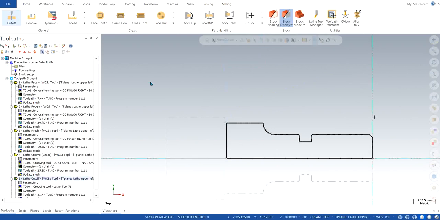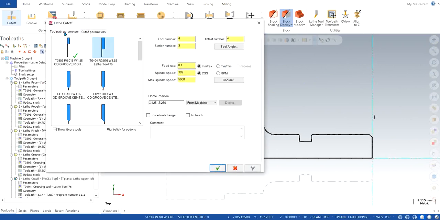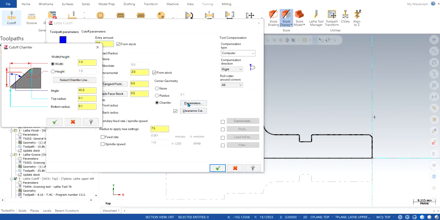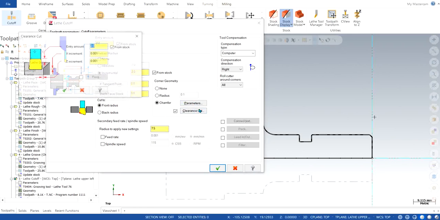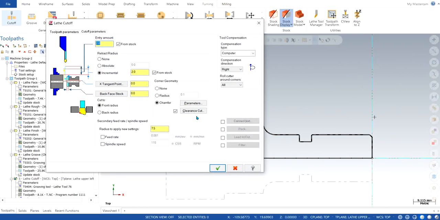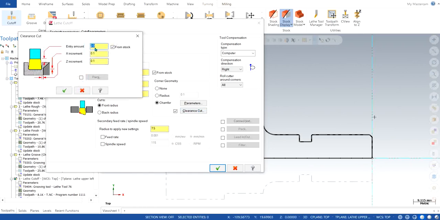I don't know, there are some issues with my Mastercam for some reason, because sometimes it shows whereas sometimes it doesn't. Clearance cut, 0.1, 0.1. There you go. So just like I was thinking, the clearance cut values are going to be 0.1 and 0.1.